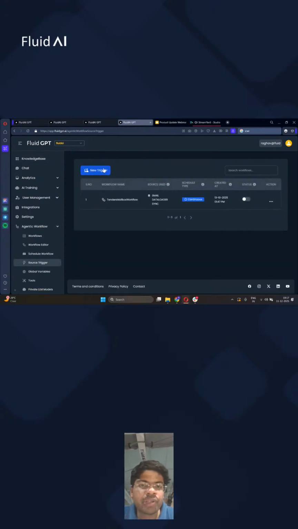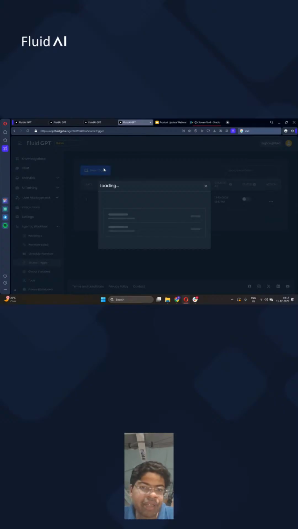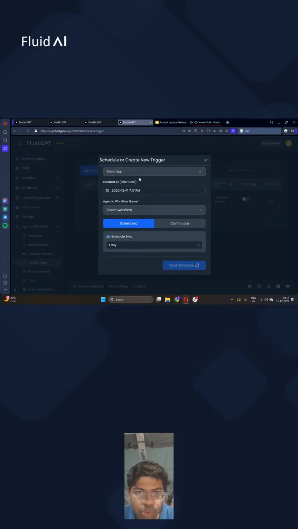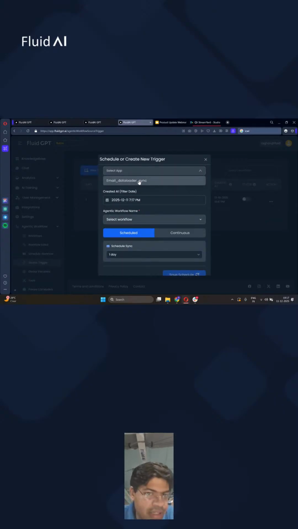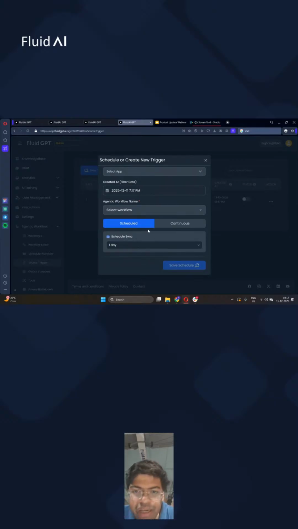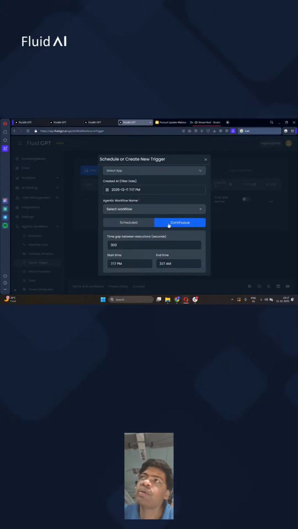So out here, you just click new trigger, you select your source, you can create a new source as well. And let's say it's email, it's databases, and then I say, okay, just run it every day or run it on a continuous process, right? So every 300 seconds, it's pinging, it's seeing whether there's something that's coming, and it's ensuring that, as soon as that operation runs, that can happen. And you decide the intervals of the ping when it needs to see there's a change in state. So that can be as low as 1 second as well.